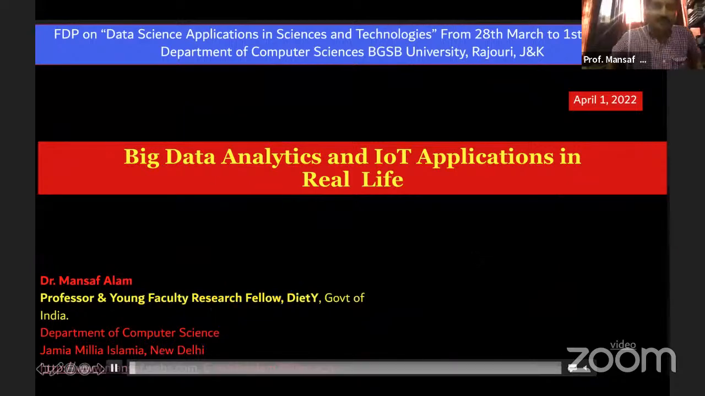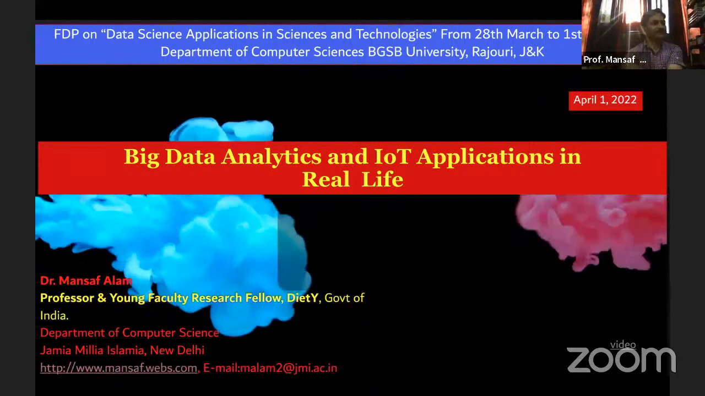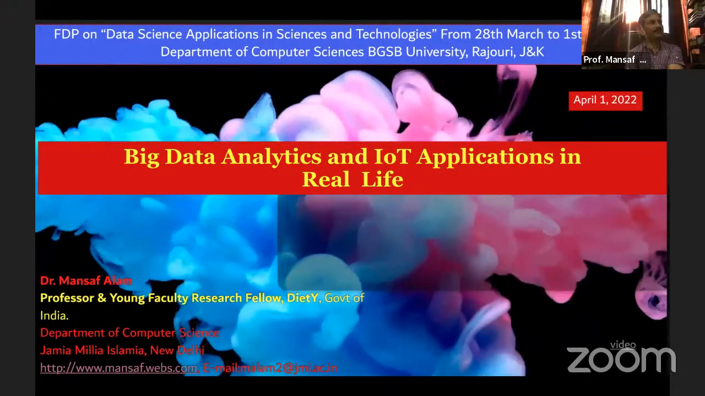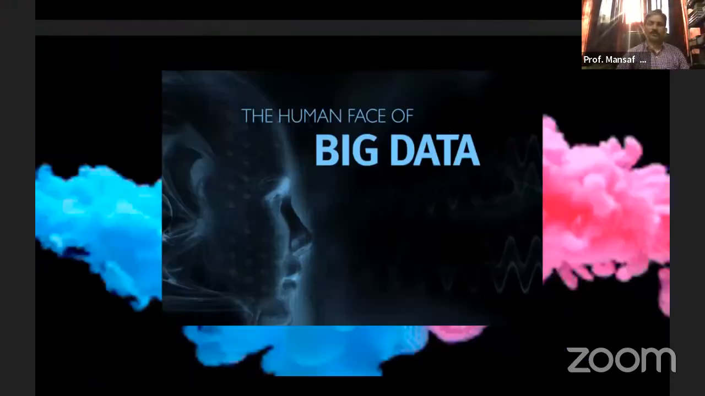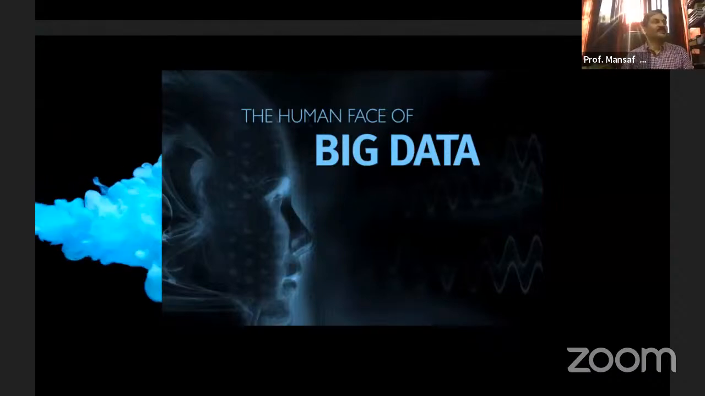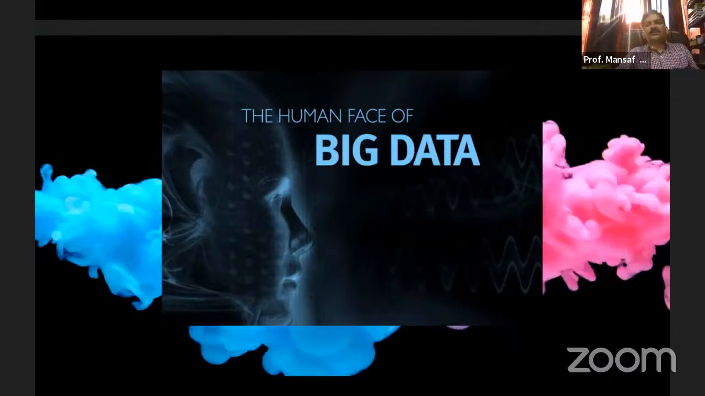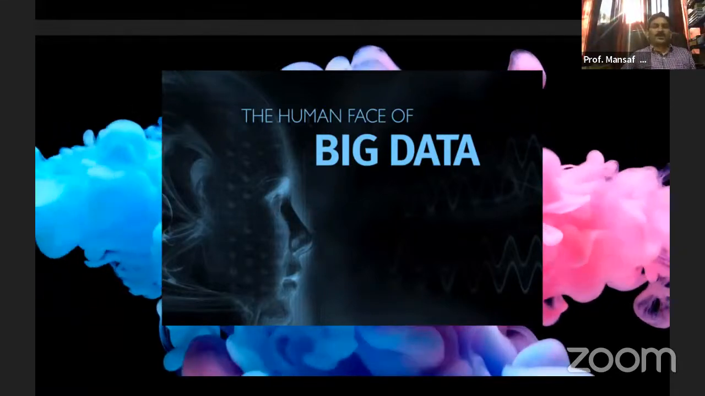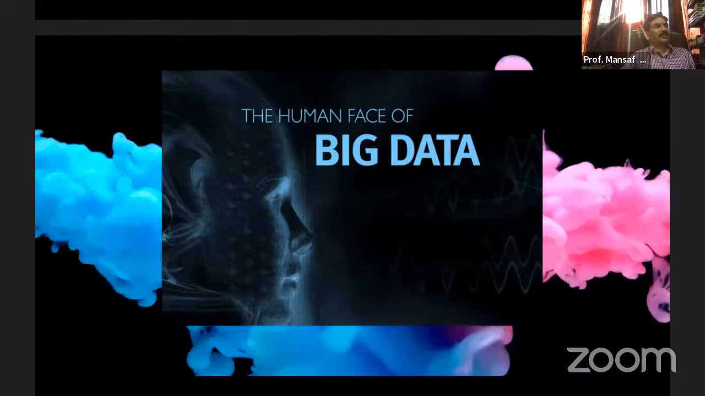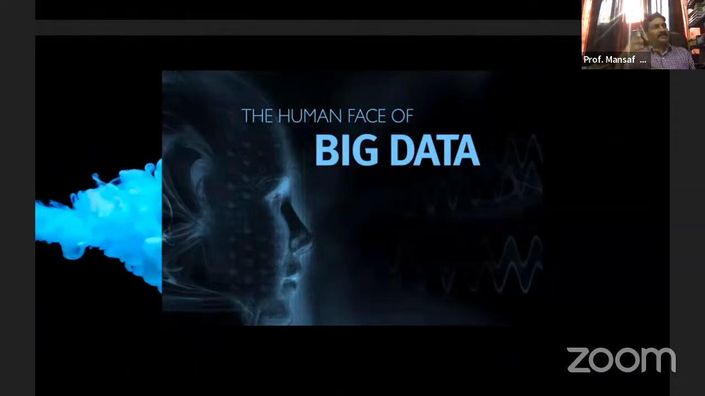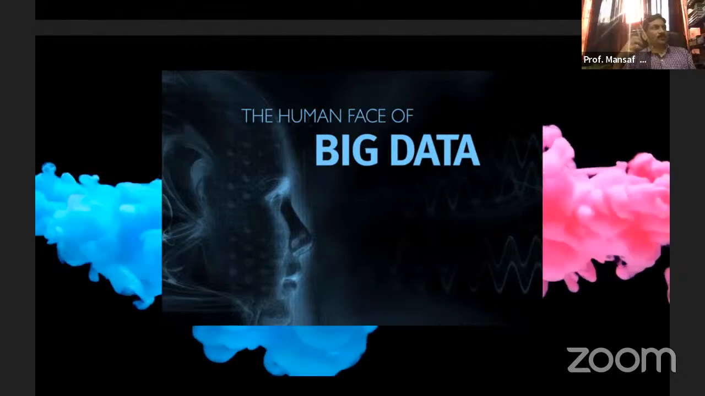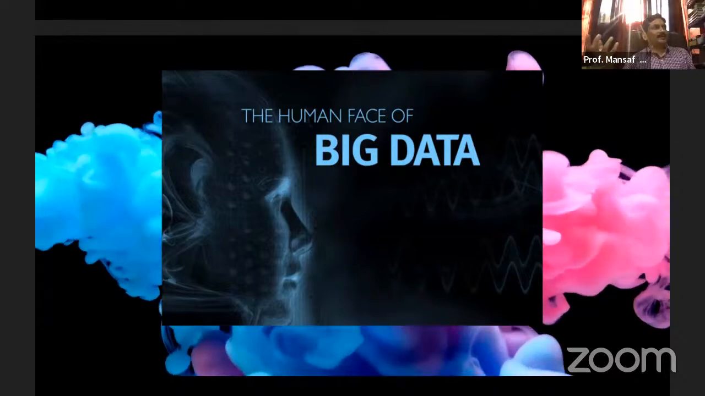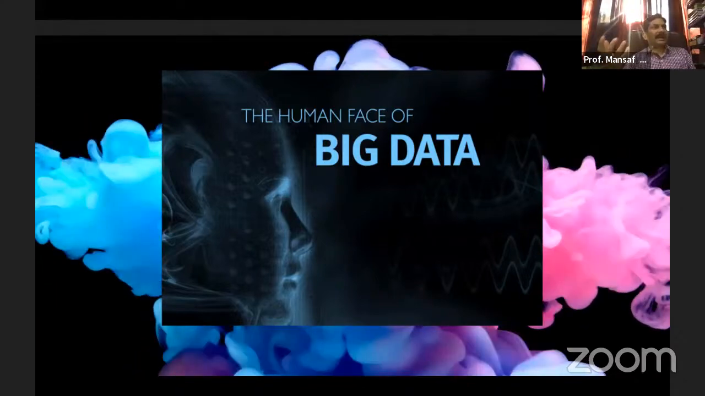So, dear friends, this is the one applications. A lot of applications are available in the market and people are using it. So let us see the human face of big data. First, we have to understand how the intelligence works in a human being. And the same intelligence we are going to give to the machine so that machine can act like a human